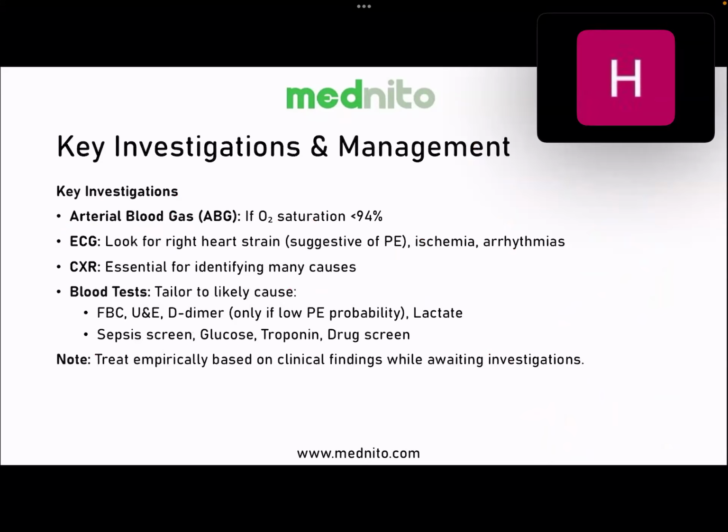All right. What is the first most important investigation if you find a patient with shortness of breath? The blood test is an arterial blood gas. ABG needs to be done. If it is an elderly patient with hypertension, diabetes, it is an ECG that you will have to select. If the patient has got a trauma and bloods have been given, it is the chest X-ray that needs to be done. Remember, if the patient has got a temperature, it is the blood culture that needs to be done.